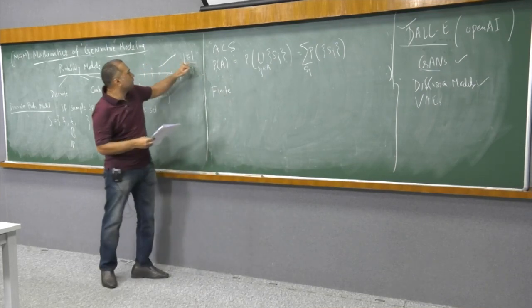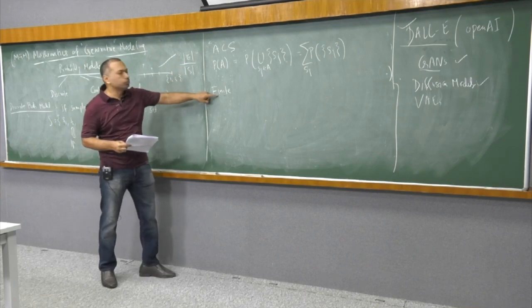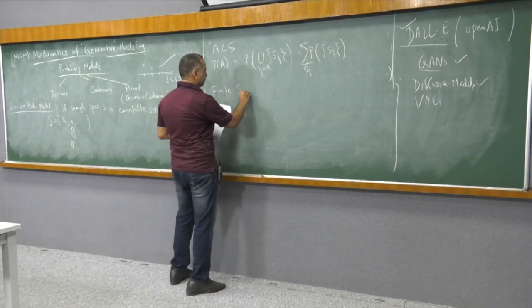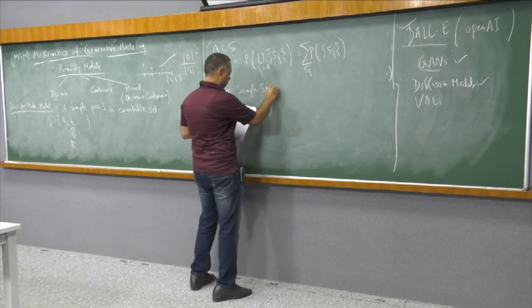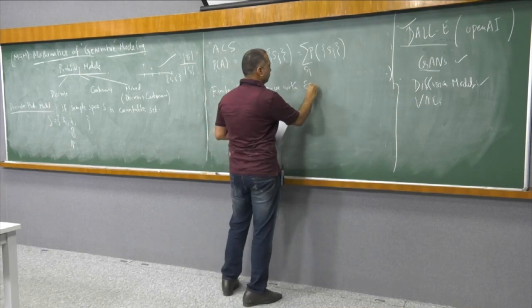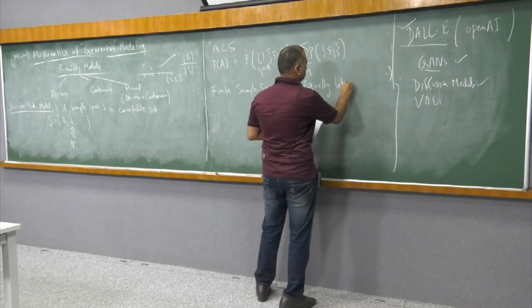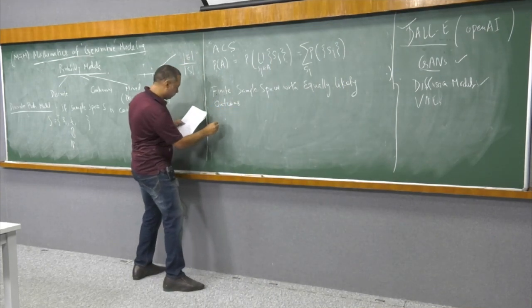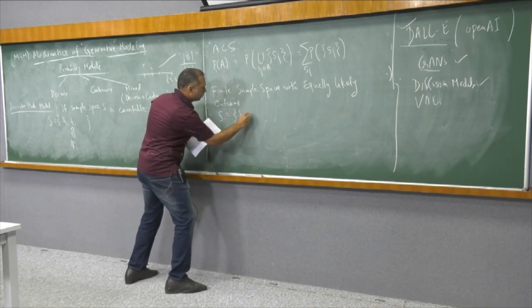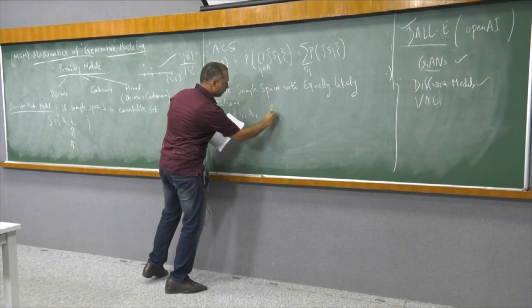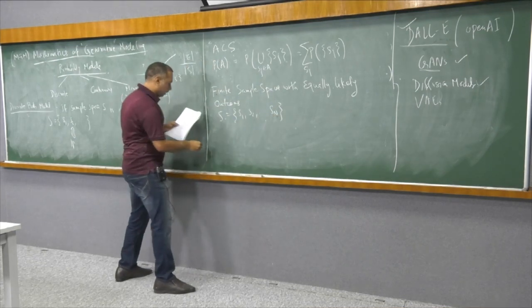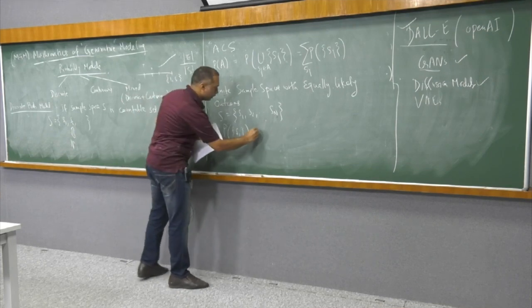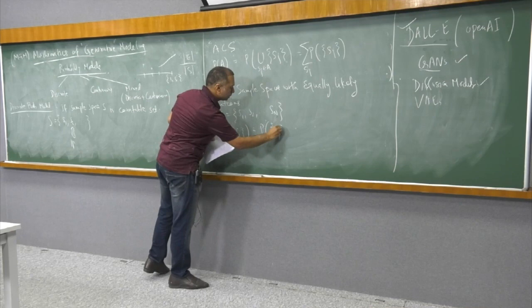So that's why, for this to be useful, I will use finite. In the finite case, this formula is useful. Okay, so finite sample spaces with equally likely outcomes. In this case, S is our sample space, which is finite, so there will be some n where it stops, and P of Si, since it's equally likely, each Si probability is the same as Sj.